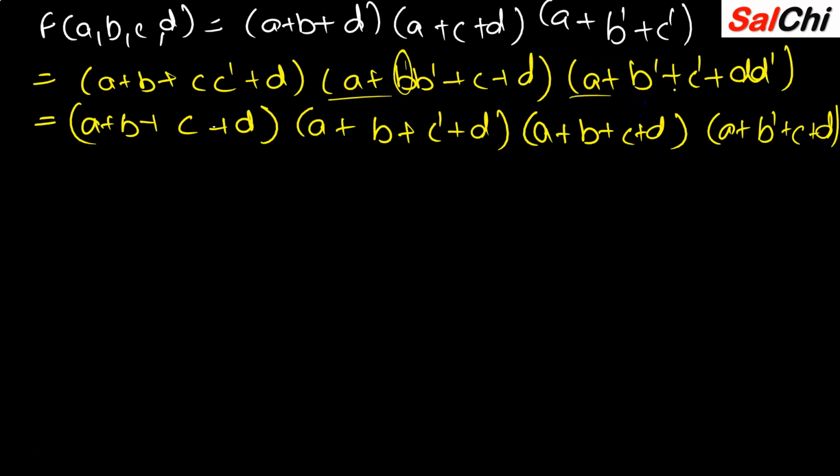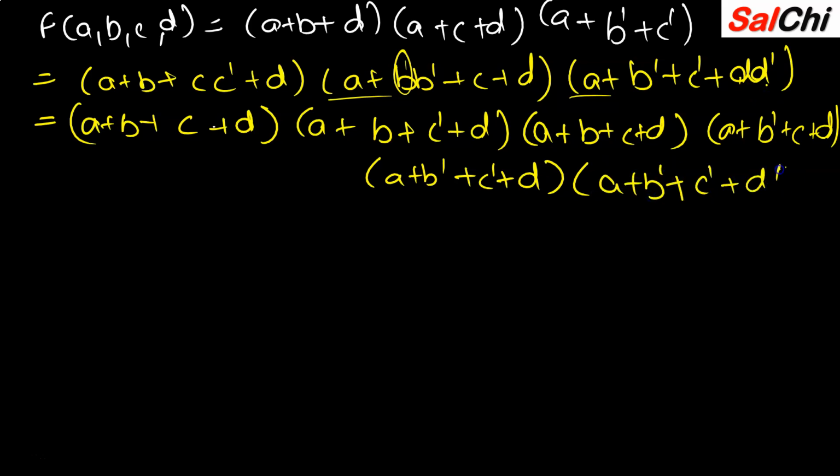Okay, for this fourth one, C, take A plus B complement plus C, and now take one of the product, take D first, so plus D. Now whichever is remaining, D, so just write again singles one, A plus C, B complement plus C complement plus D complement. Okay, so I hope this much you have got.